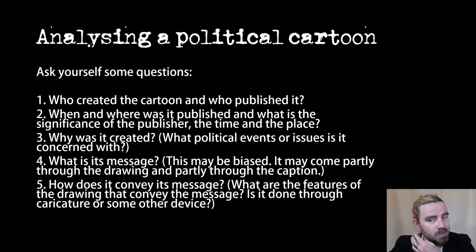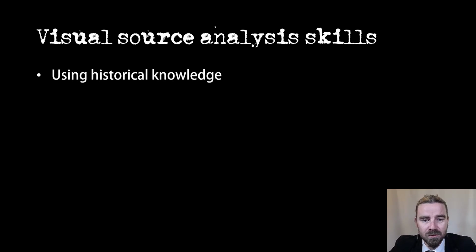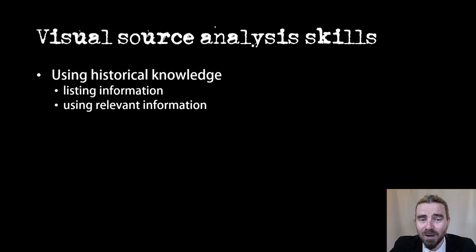Okay, right, let's talk about the skills involved. First one is using historical knowledge. Now, all the dot points underneath each of these skills are higher and higher abilities of using that skill. So the lowest level of using historical knowledge is just listing stuff. Like a dot point short sentence with just a bit of info. If your information is relevant, then that's even better. It's a common psychological mistake for people when they read a question that's a bit tricky. Instead of actually answering the question, they just go, I'll just tell them everything that I know about that topic.